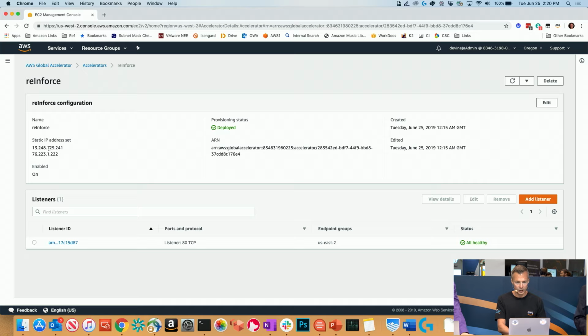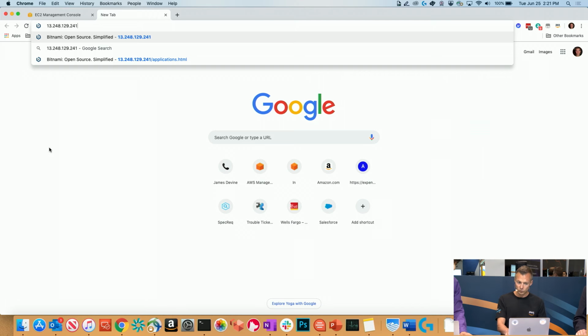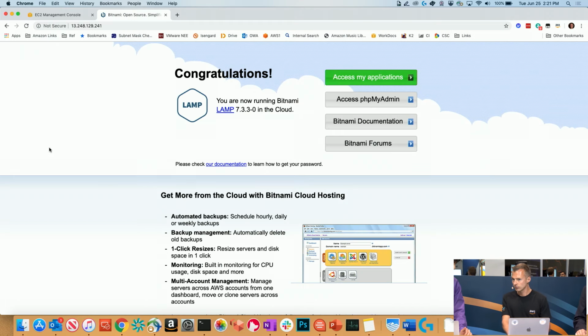I can also see these two IP addresses here that are the Anycast BGP IP addresses. So these are what you'd put either into a Route 53 entry in a hosted zone, or you can just have customers point to it directly. It really depends on your application, but you'd want to use both of them for high availability. So is that just a regular A record that I put into Route 53, or is it a special record of some sort? Yeah, a standard A record will work because they're static IP addresses, and you can do additional health checks within Route 53 if you want to add additional resiliency there.